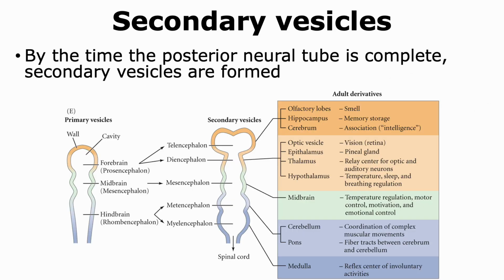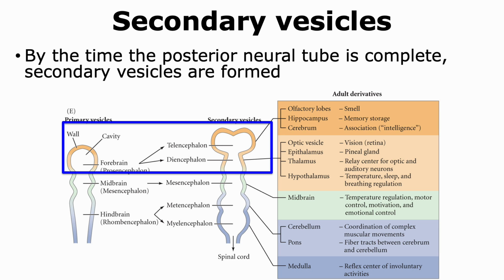Once the primary vesicles are formed, as development moves on, secondary vesicles are formed. These are usually formed by the time the posterior neural tube is complete. Now, in the case of the secondary vesicles, the prosencephalon, which was the forebrain vesicle, actually branches out to form two vesicles. One is called the telencephalon and the other one is the diencephalon. And they form different parts of the cerebral hemispheres that are shown in the table to the right